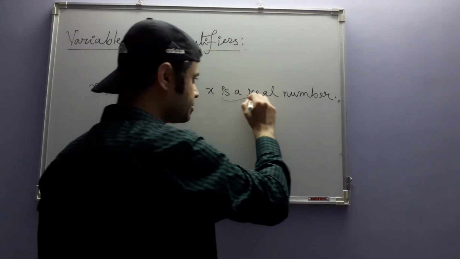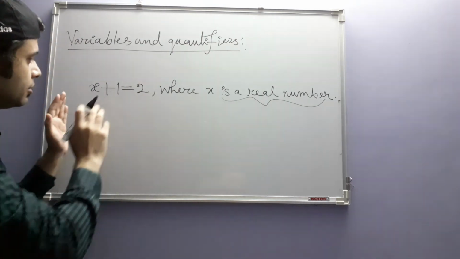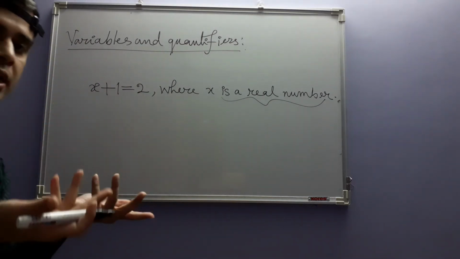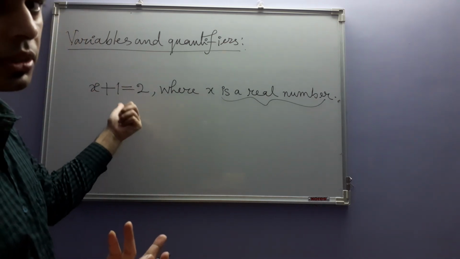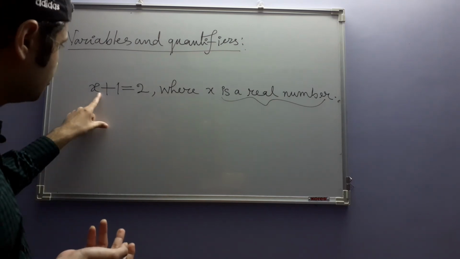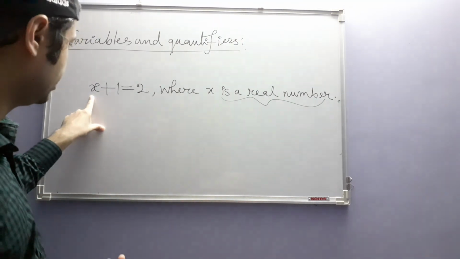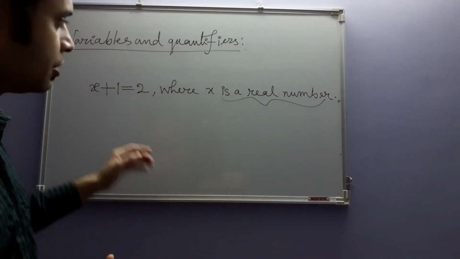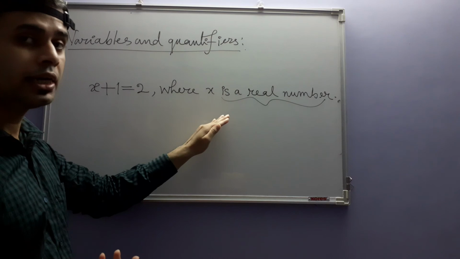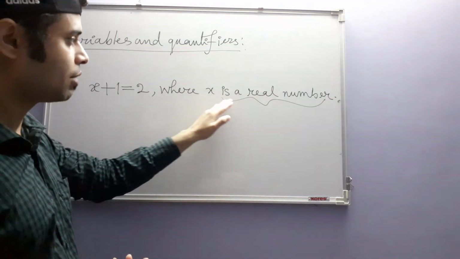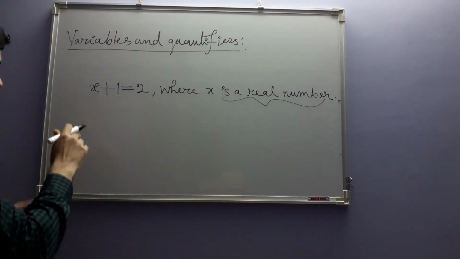If you don't say this type, your statement may become meaningless. If you just simply say a variable, it can be anything. It can even be a non-mathematical object, for example, a chair, a table, or something like that. But since you cannot add a number to a chair, we have no operation defined like that, that will become meaningless. So when you use a variable in some statement, you have to state its type. Okay, what type of variable it is, that has to be stated. So the general thing looks like